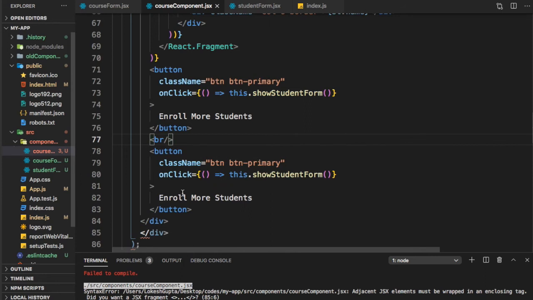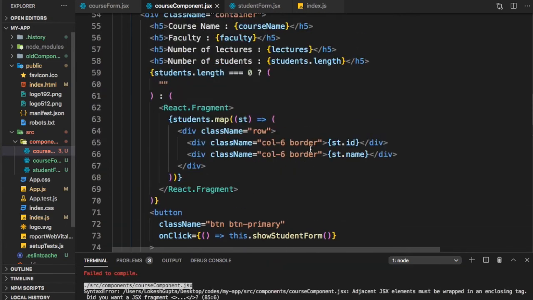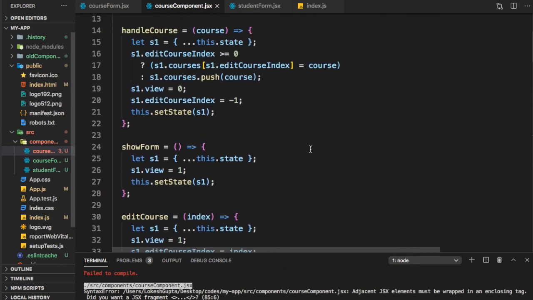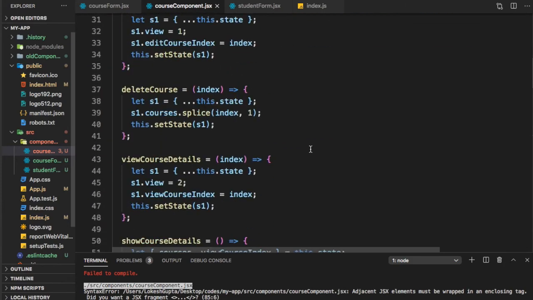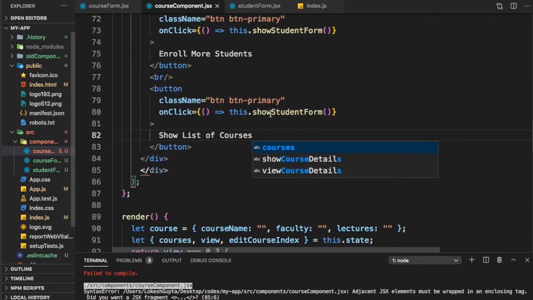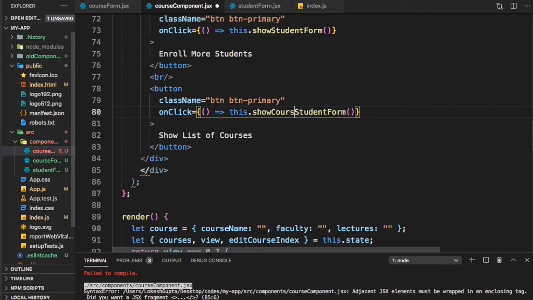And the button we want here is show list of courses. Now, do we have any function which is showing the main screen? We don't seem to have it, so we will define it, show course list.